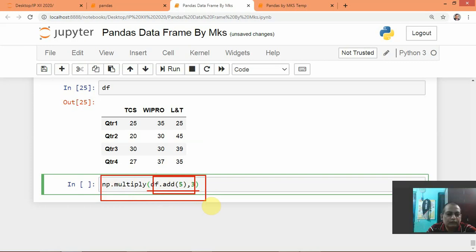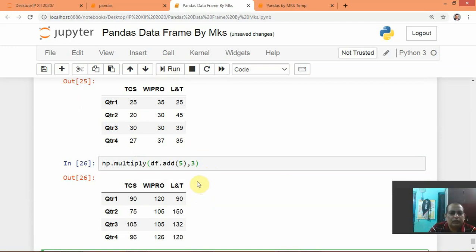Means first the inner function will work, then the outer function will work. The output of this inner function will be the input for the outer function. So after adding 5, the elements will be multiplied by 3. Now we will see and check.